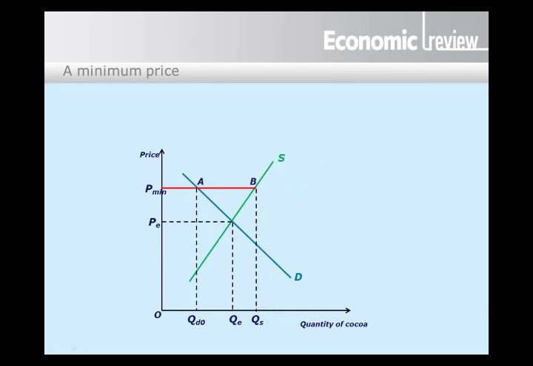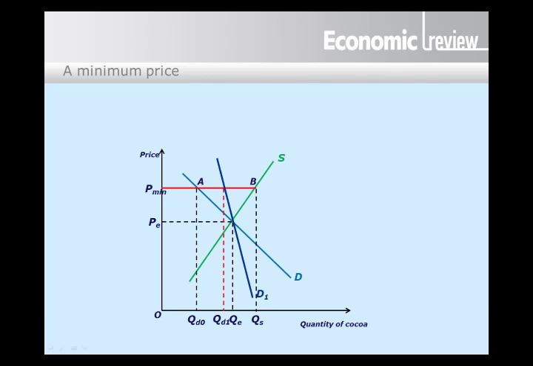Okay, how about demand? This time I'm going to explore what happens if demand is more inelastic. In other words, if consumers are less sensitive to price, at least relatively speaking. So D1 shows a relatively more inelastic demand curve. So with the price at Pmin, the reduction in demand, because the price is above equilibrium, is rather less. So consumers now demand QD1 instead of QD0.